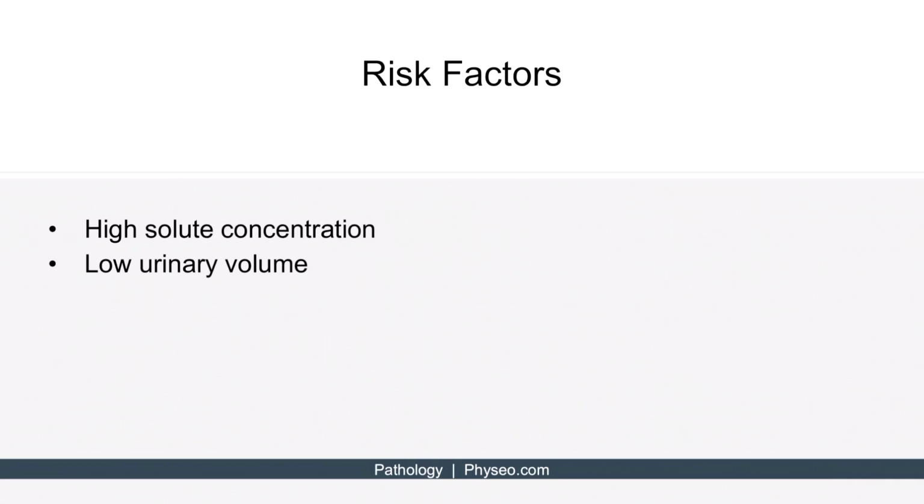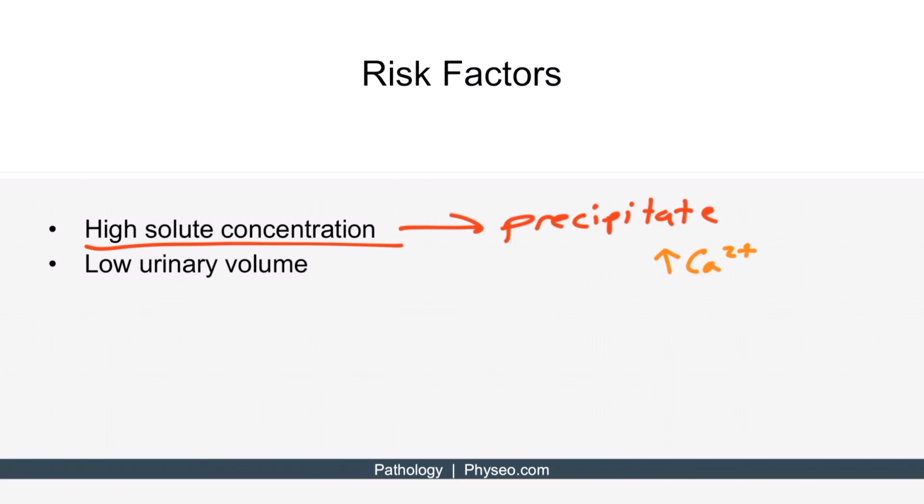First, patients that have a high solute concentration in their urine are at an increased risk of developing nephrolithiasis. This is because when the concentration of solutes is increased, the solute is more likely to precipitate and form crystals. For example, patients with increased urinary calcium concentration, also known as hypercalciuria, are at an increased risk for developing calcium oxalate stones because the calcium precipitates out of the urine, and we'll talk about the types of stones more